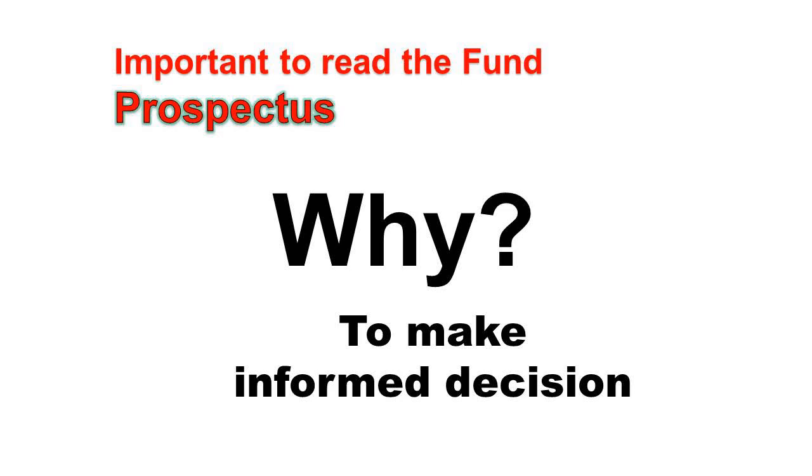Why do they call it a master prospectus? Because for all the old funds that they have launched earlier, they cannot have too many books. It's like over 100 funds. They cannot have over 100 books. It's too messy. What they do is combine everything into one book, and that book is called the Master Prospectus.